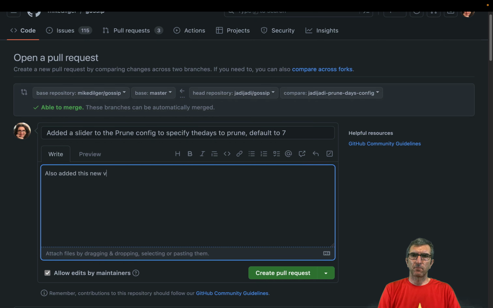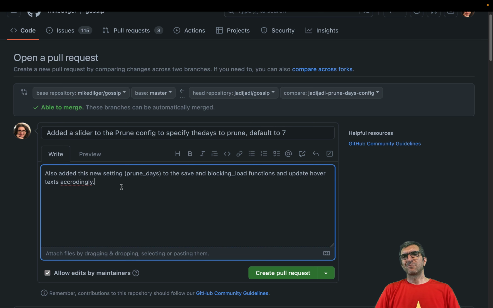Added this new setting, prune days, to the save and load functions and updated hover text accordingly. This will show the main developer that I'm caring, I'm trying to have a clean one and everything. So I create a pull request.